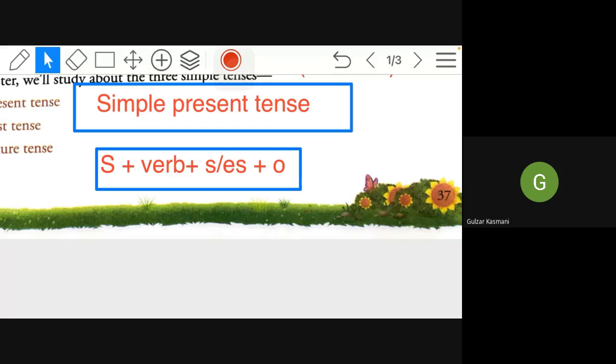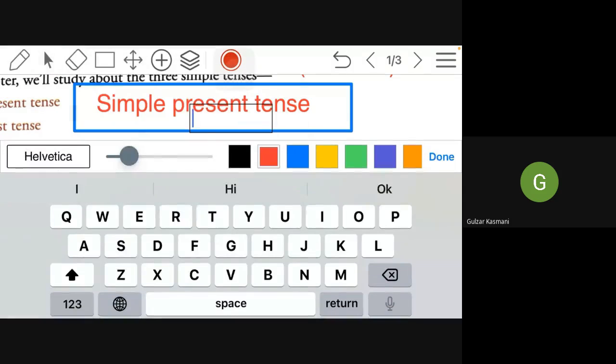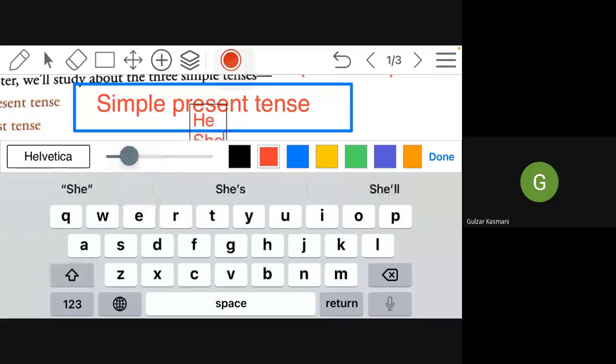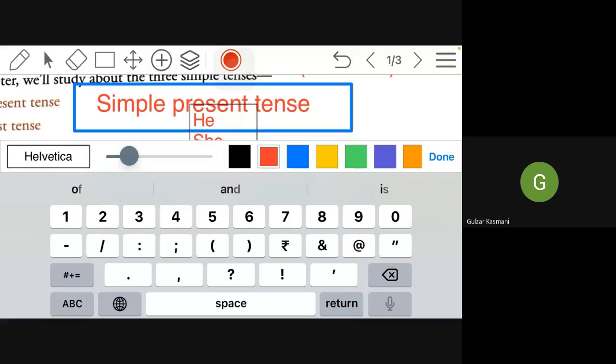Here now you know that S or ES. Now you might be confused, that sir, when do we have to add S or ES? So I'm writing something. See, carefully pay attention. He, she, it, or name. In bracket, one I will write. See, students,